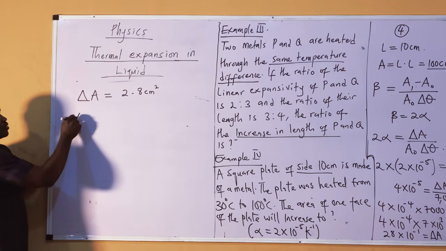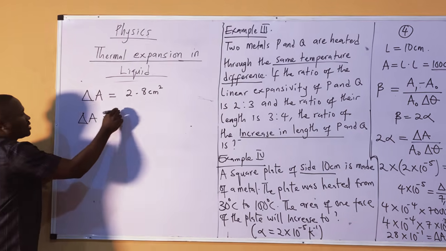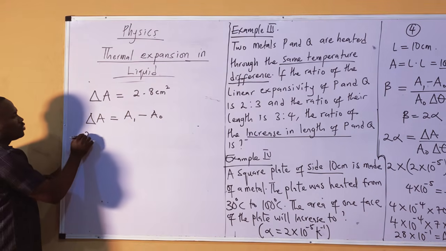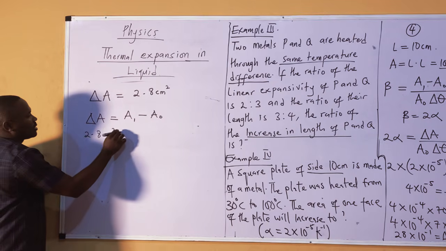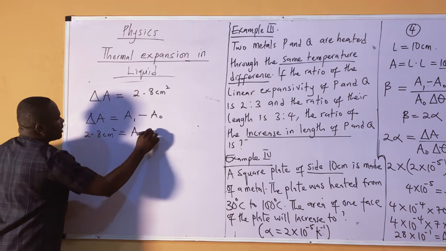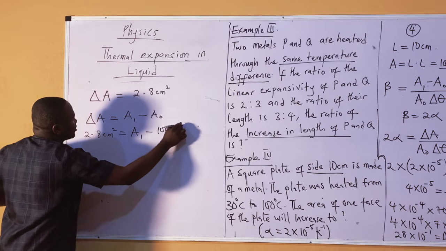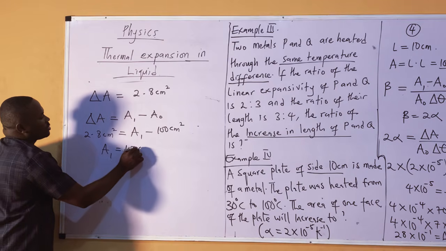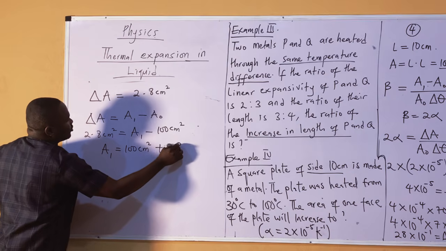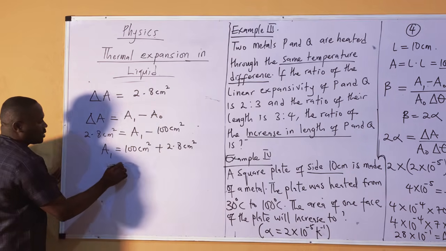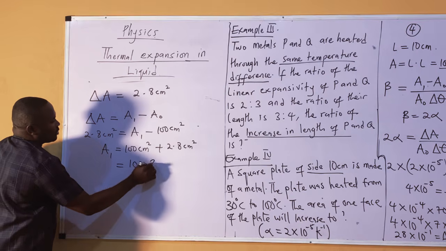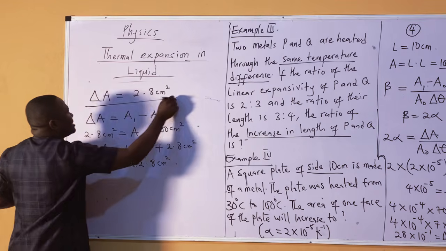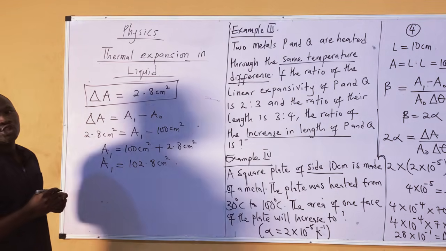Change in area is equal to new area minus original area, so 2.8 centimeters square is equal to A1 minus 100 centimeters square. So what is my new area? My new area will be 100 centimeters square plus 2.8 centimeters square, that is 102.8 centimeters square. So this is my new area, but this is the additional increase or the change in the